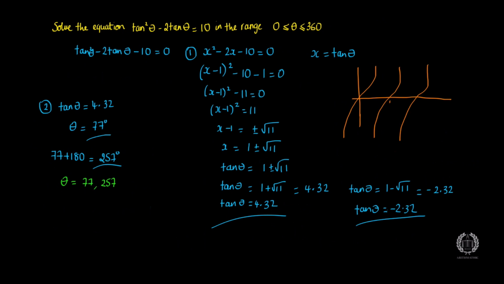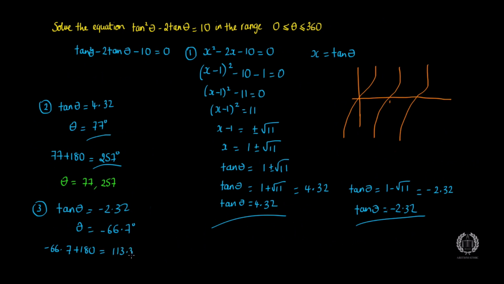Now if we do the same thing, step 3, with tan theta equals minus 2.32, and if I find theta, so inverse tan of minus 2.32, that's going to give you minus 66.68, so minus 66.7. Now obviously this is not in the range of 0 to 360, but for me to get this in the range, my next value, I'm going to add 180. So if I do minus 66.7 add 180, that will give me